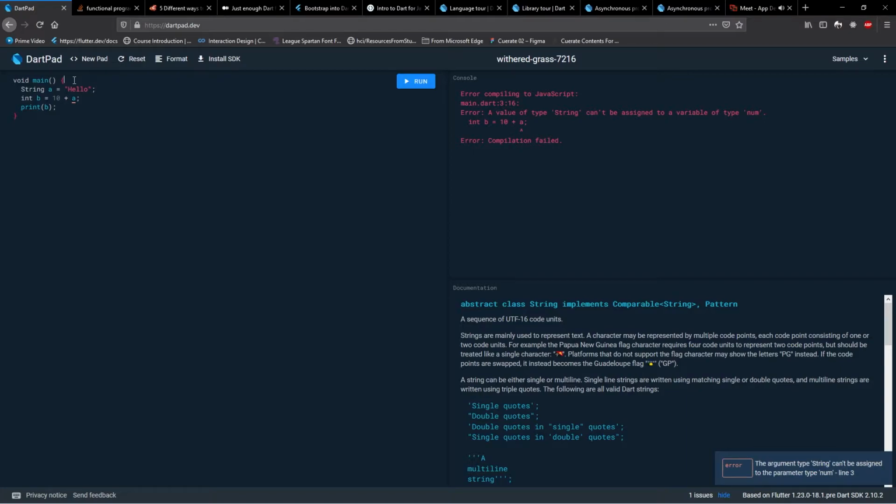Such errors are inevitable. So there is a thing called a try-catch statement. Exactly what the name implies: you're going to try a block of code, and if you see any errors, you're going to catch those errors. So this is how you're going to do it. Try: you're going to put all of this inside this block over here.